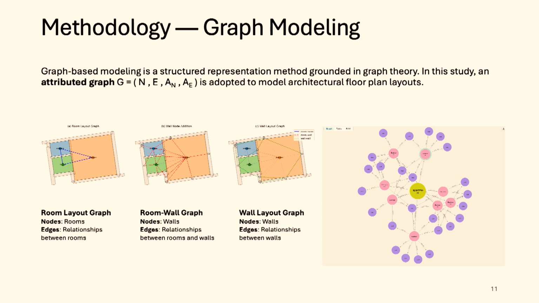This is the second component, graph modeling. It's a little bit mathematical, so I will quickly go through it. A graph is a data modeling approach to represent complex data. Here is an example of how a graph model can be used to represent an apartment, where you can see a room can be a node, a building element such as a wall can be a node, and an edge can represent the adjacency relationship or the structural or hierarchical relationship between the rooms and the elements.